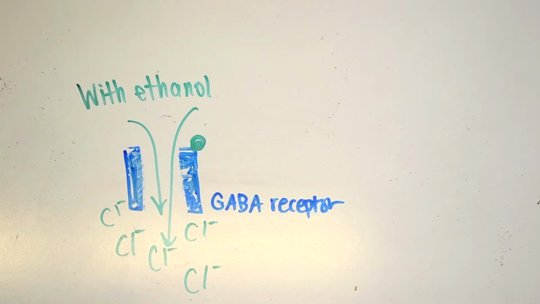By increasing the flow of the negatively charged ions into the cell, the result is that the neuron is unable to fire in an action potential and release dopamine. The end result is the same as the previous pathway. With fewer action potentials in the reward circuitry, we have fewer neurons blocking the release of dopamine. With alcohol, we therefore get too much dopamine, and with too much dopamine, we get addiction.